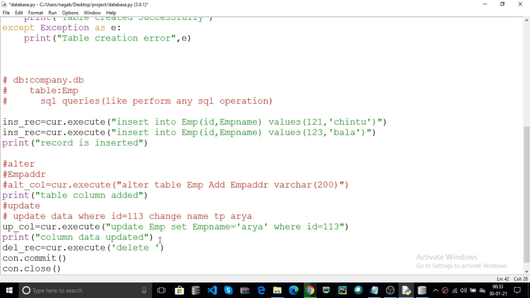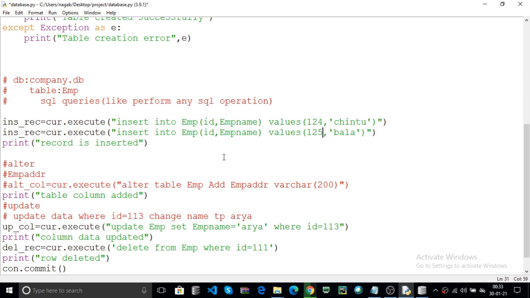Here delete from table name, that is EMP, where you can enter the condition where ID equal to 111. Here it deletes. Now finally print row deleted. Now again I pass some data.